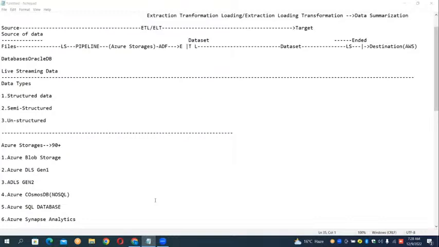So we will try to add it, the cloud files or whatever you said. That is Autoloader. It's a very simple example, but mostly we use Autoloader on Databricks. We'll try to execute it even in ADF, no problem.